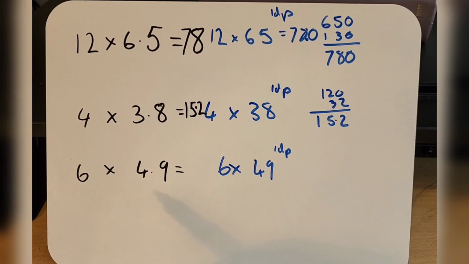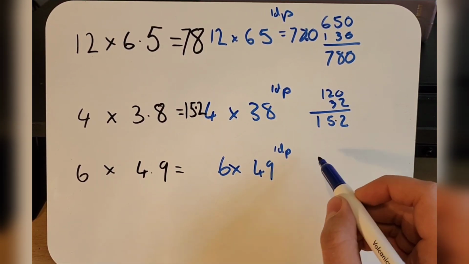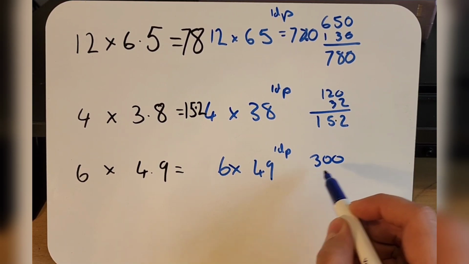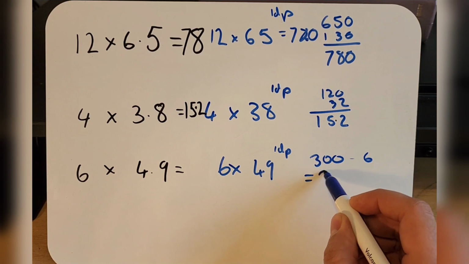That works fantastically. Here, for 6 times 49, I'd use a compensation method, and I would turn that into 50. I'd borrow 1, which means I'd have to give 1 back 6 times afterwards. So 6 times 50 gives me 300. And then I would have to take away 6 from that, which means my answer would be